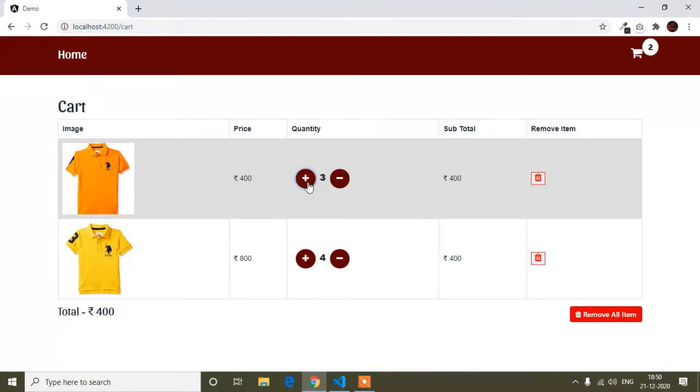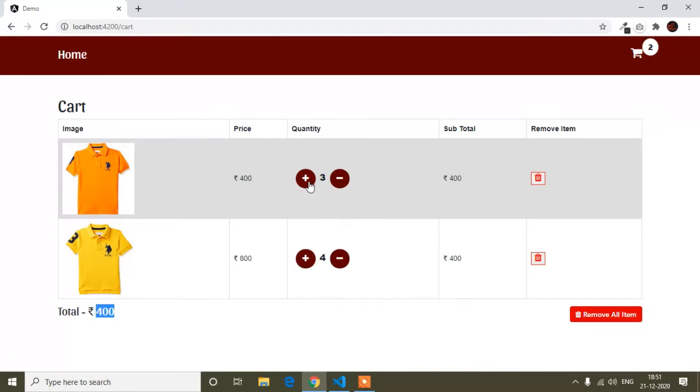Now in this tutorial I will show you how I can increase the quantity from the cart details page, how I can store this quantity in our local storage after increasing it, and also the decrease function. In the next tutorial I will show you how to multiply and add the subtotal and also the total. Subtotal means if I add quantity 3 and the price is 400, the subtotal should be 1200, because 3 into 400 is 1200. In the same way I have to make the total dynamic. Here the subtotal and total are static now.